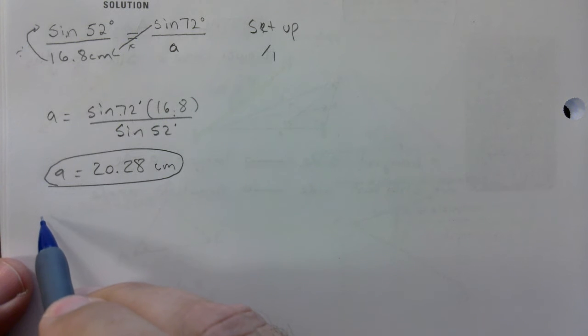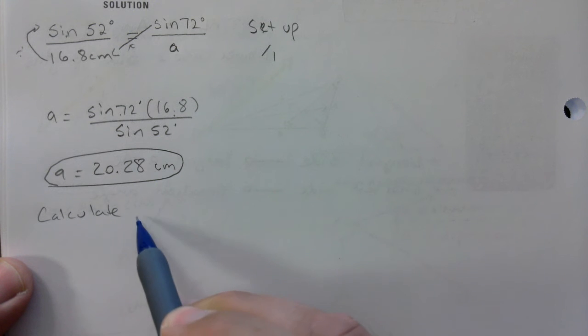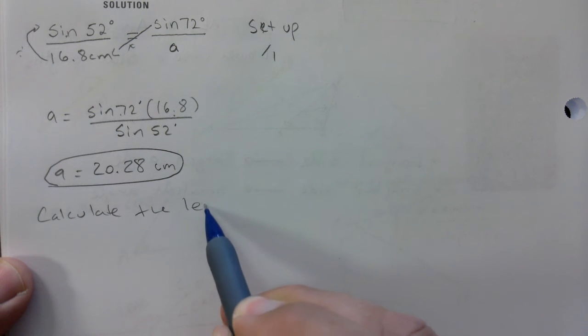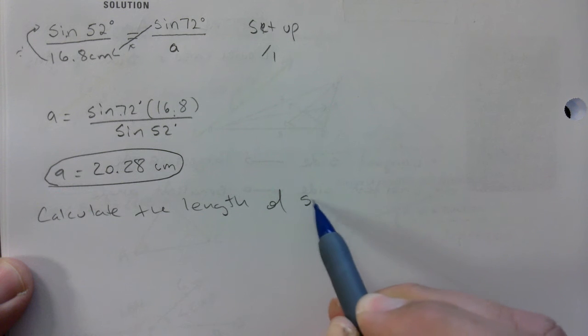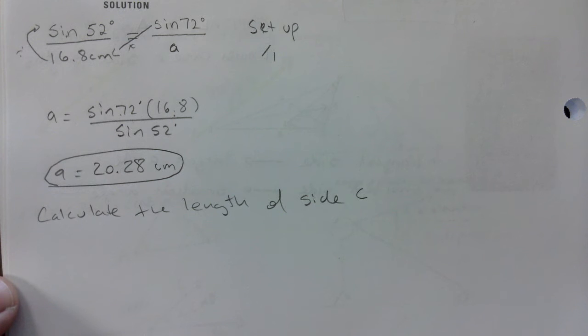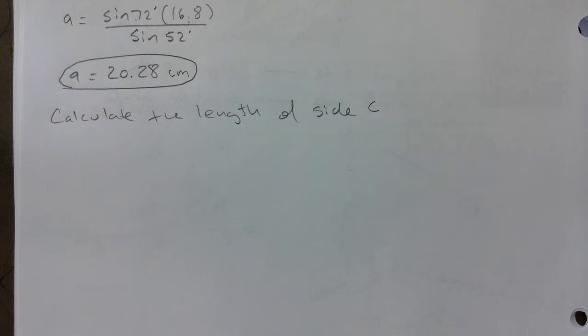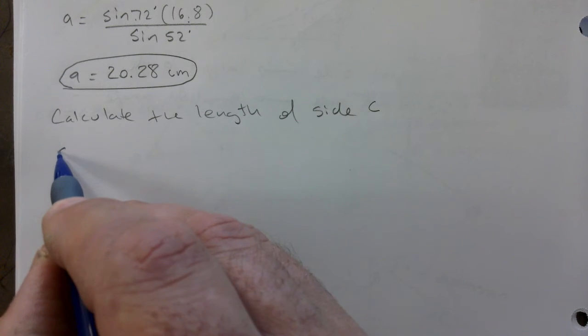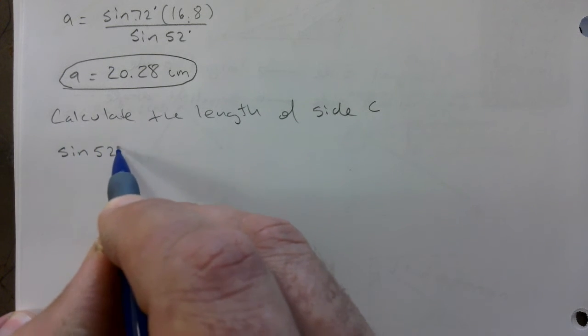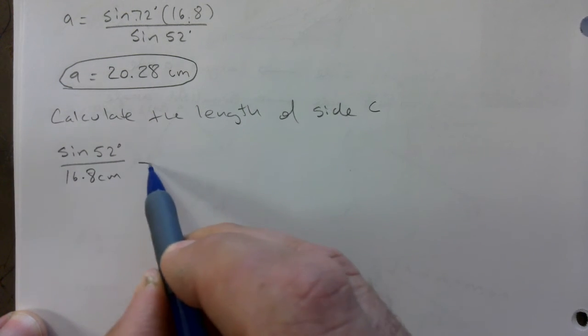Okay, now let's take it a step further. Add another question here. Calculate the length of side C. What if they wanted side C? How would we do that? I'll tell you this, always start with the pair that the question gave you. So I'm going to say sine of 52 over 16.8 centimeters is equal to,